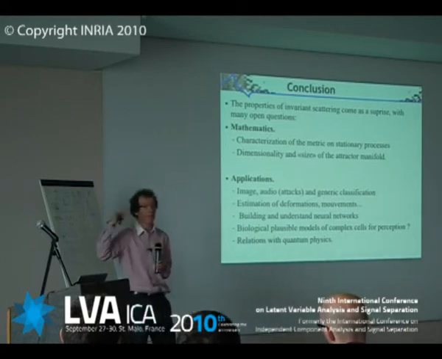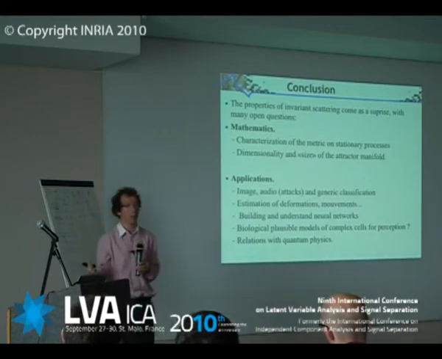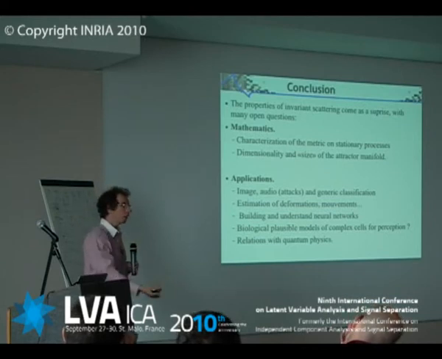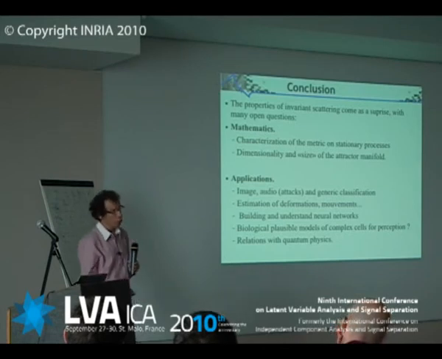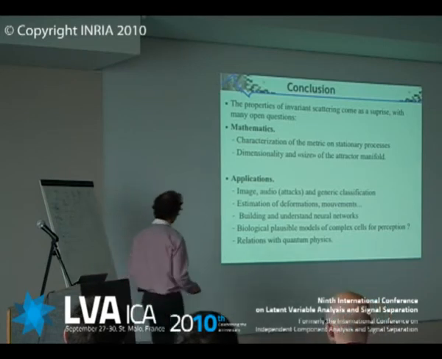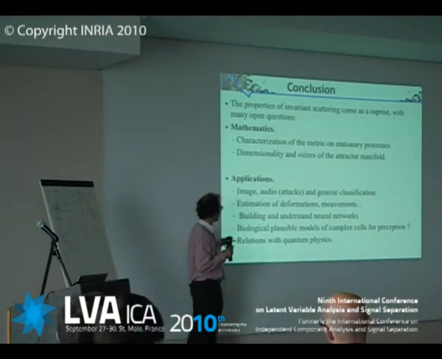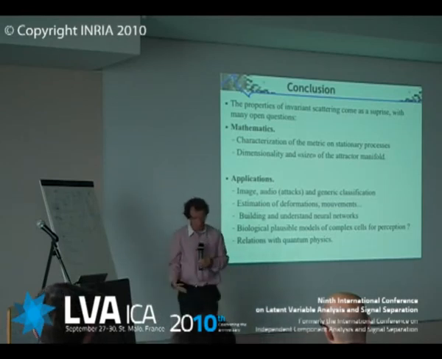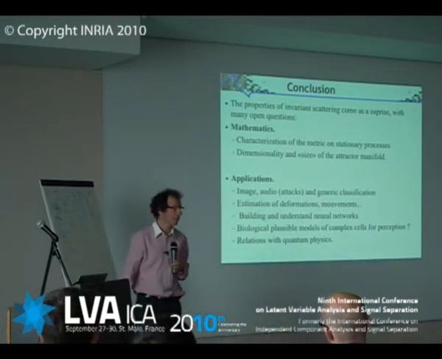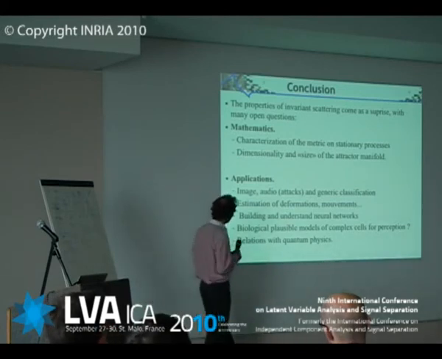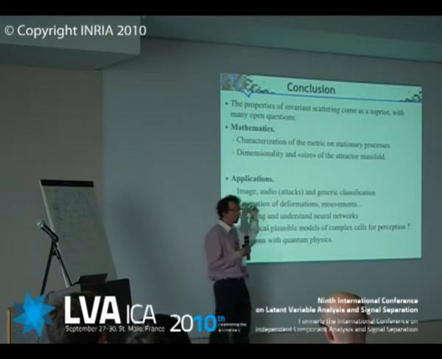Again, what I showed is that textures are not discriminated by the Fourier transform, and basically all textures of images are not discriminated by the Fourier transform because they all have the same power spectrum, which decays like 1 over omega. In this case, we can discriminate them. Some textures can be discriminated by Fourier and not by this kind of thing. There are all kinds of issues on the attractor. In terms of applications, I'm at the stage where I have the impression that everything can be solved by that. Each time you get something new and then you realize the world is not so simple. But everything can be solved by that.